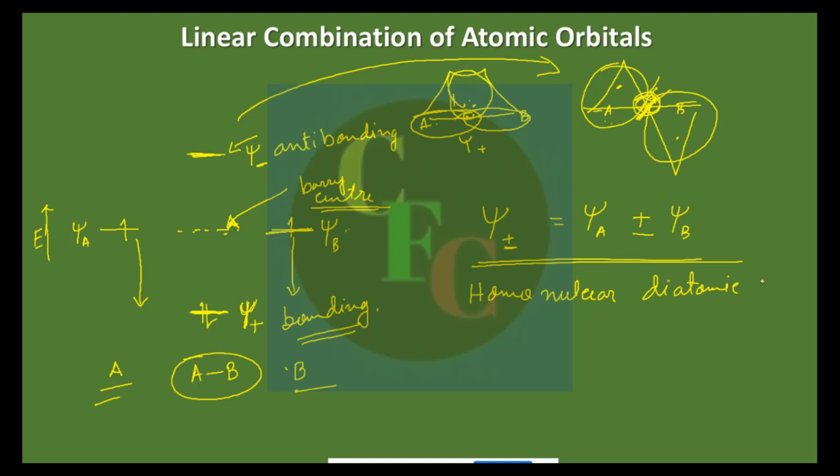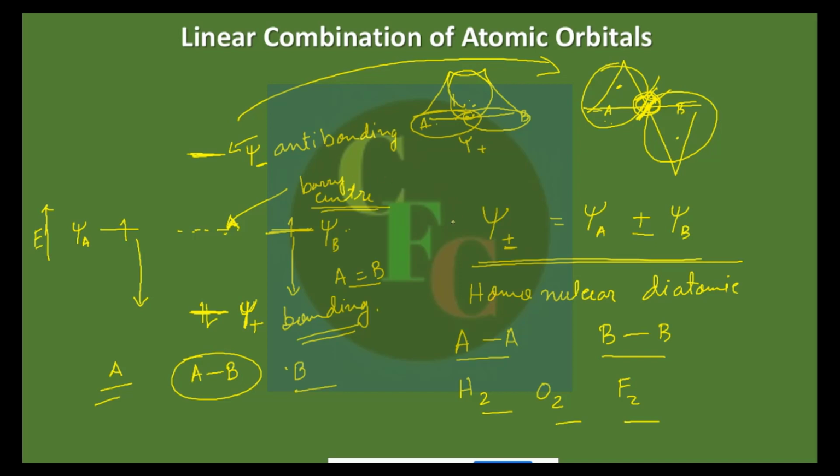Homonuclear diatomics. This means a diatomic molecule, of course these are all diatomic molecules, right? This A and B is a diatomic molecule, fine, but these are not homonuclear. Homonuclear means same type of nucleus. That means it should be AA, BB, this kind of molecule, right? There only this picture becomes right, because I have drawn psi A and psi B at the same energy. This is possible only when A equals B. This means this is good for molecules like H2, O2, F2, where you have both atoms the same.